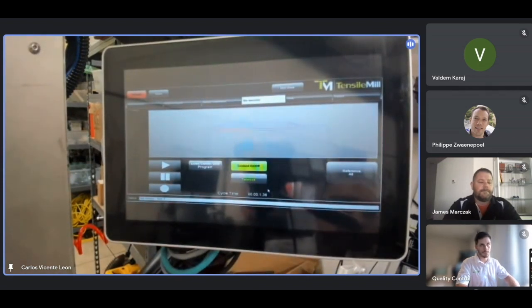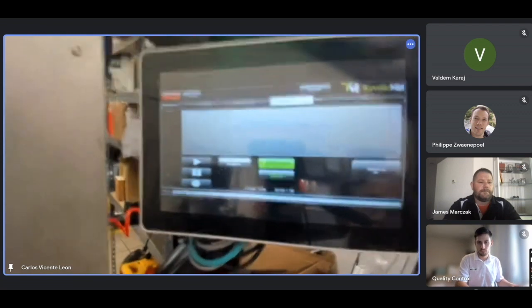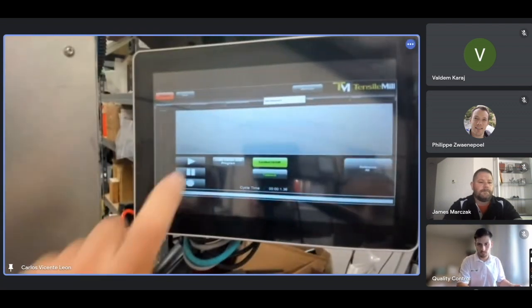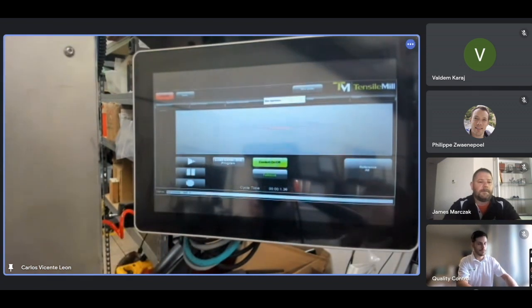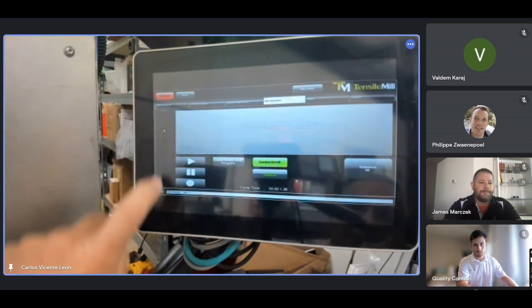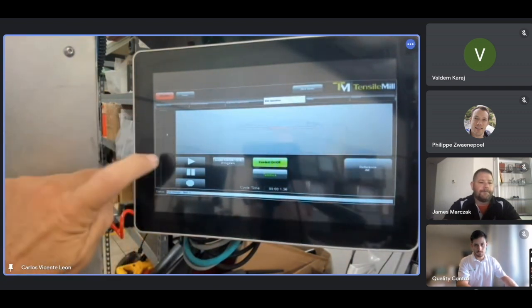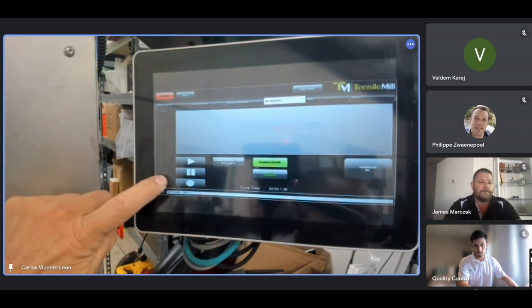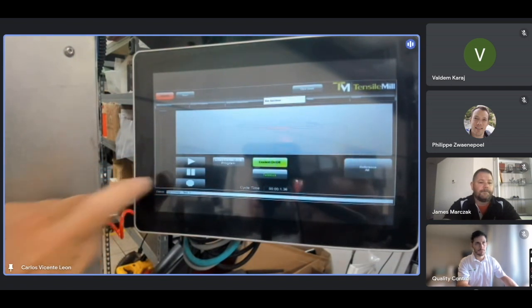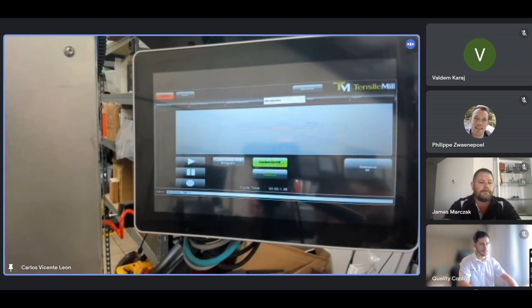I should now be able to press the button and make the part. This is the cycle start, the arrow here. You press cycle start, but it's very important to be really careful. Like here, there's a slider. I'm going to take it right to the bottom so it doesn't start very fast. Because if I made a mistake